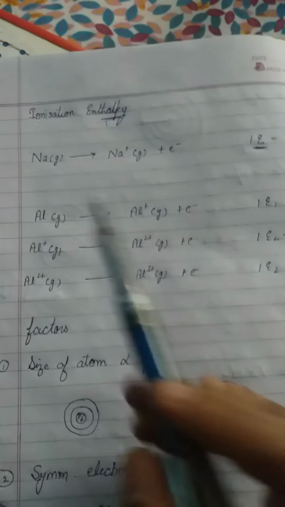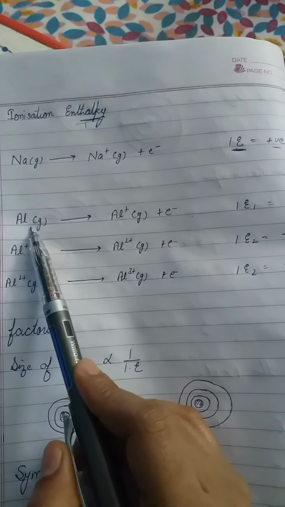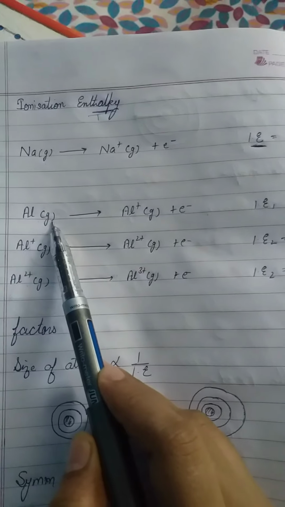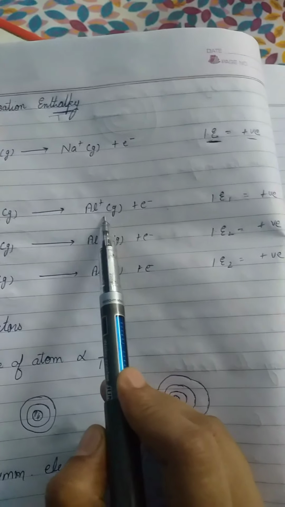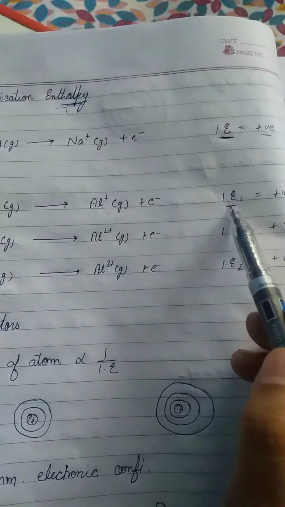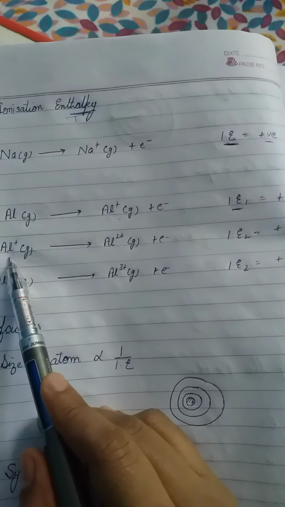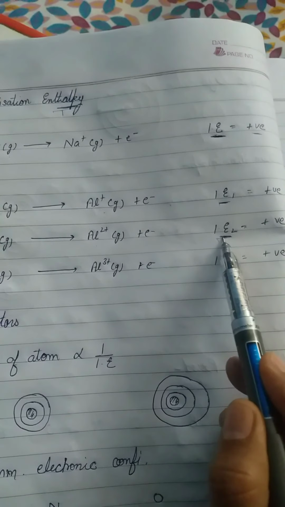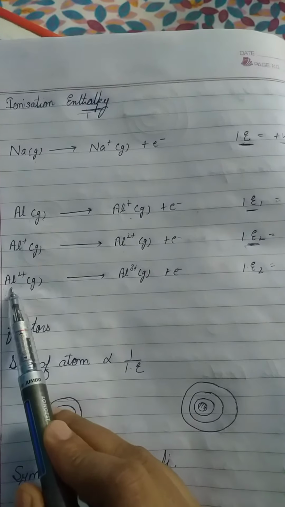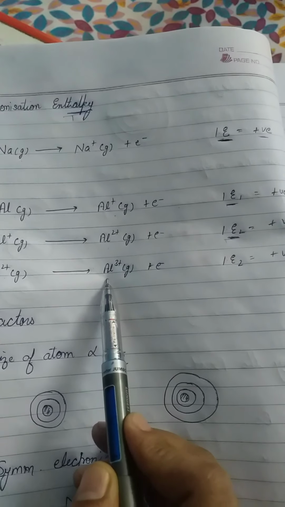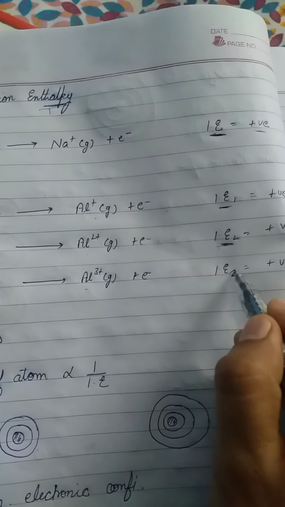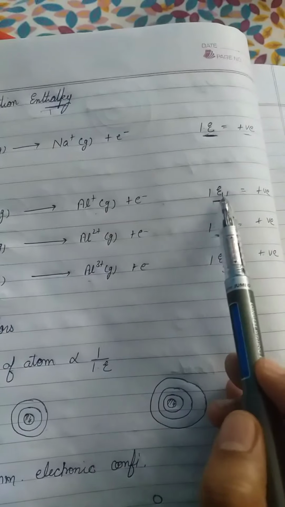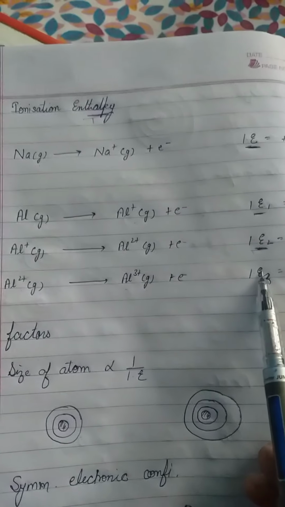so that's why it is positive. Now another example, we have aluminium, because aluminium has the capacity to lose 3 electrons. So first, aluminium in its gaseous state will lose its first electron, and in that case some energy is required, so that is IE1, right? Then you can remove the second electron from this ion. That energy is known as ionization enthalpy 2. And then the aluminium ion will lose its third electron. That energy is known as ionization enthalpy 3, right? And these have different values. So these enthalpies are known as successive ionization enthalpy.